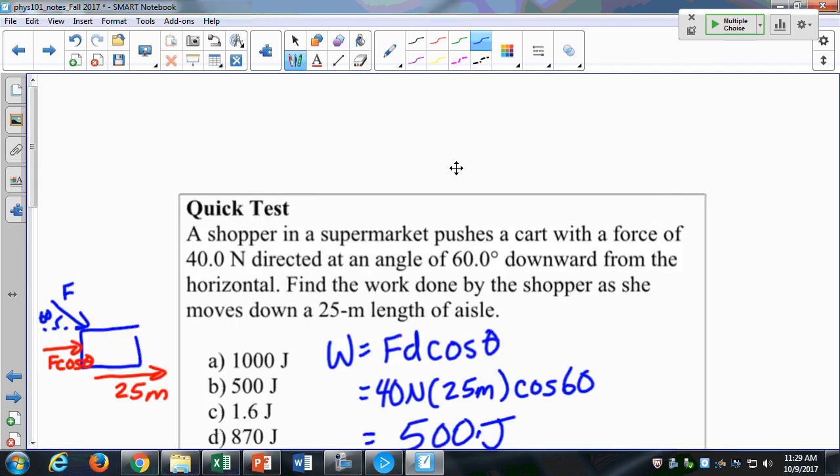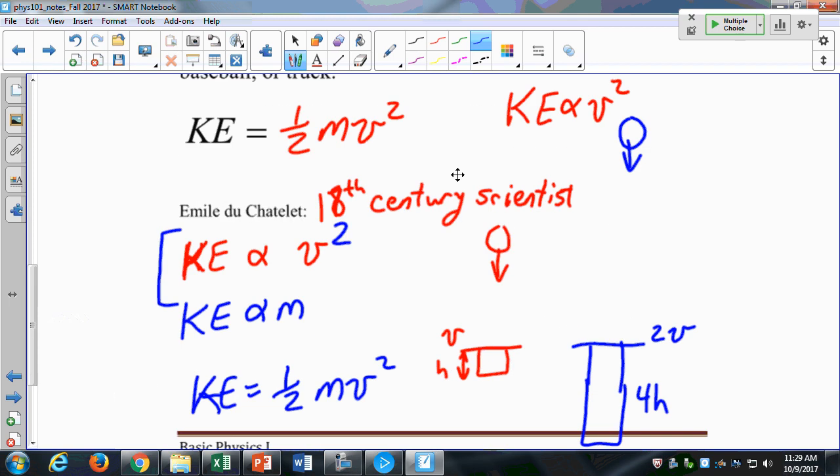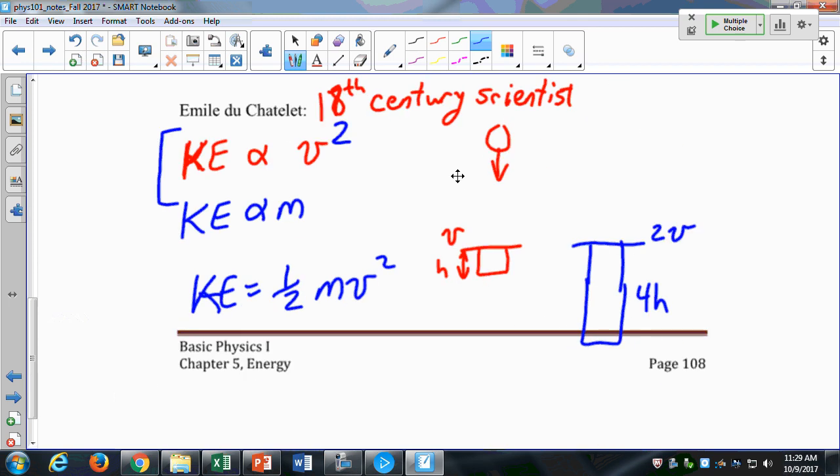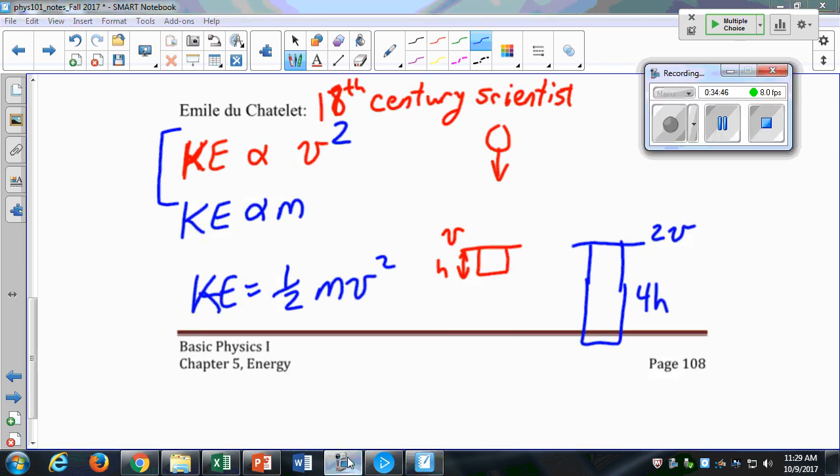We'll see some questions next time on the concept test that deal with this fact that the kinetic energy is proportional to v squared. I'm going to stop there. I'm going to hand back the rest